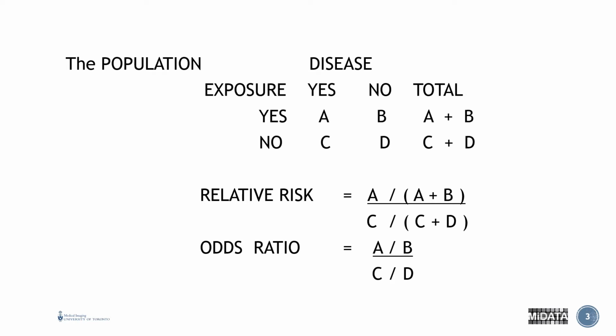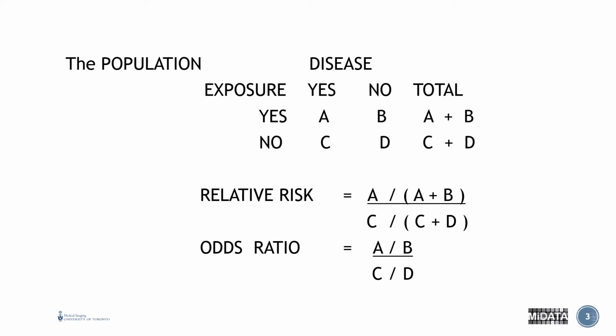In order to calculate the relative risk, it's going to be the number of subjects with disease who were exposed divided by the total number of subjects who were exposed. And this is the numerator, divided by the number of subjects with disease who were not exposed divided by the total number of subjects who were not exposed. That's your relative risk. Now the odds ratio, you'll remember, is the